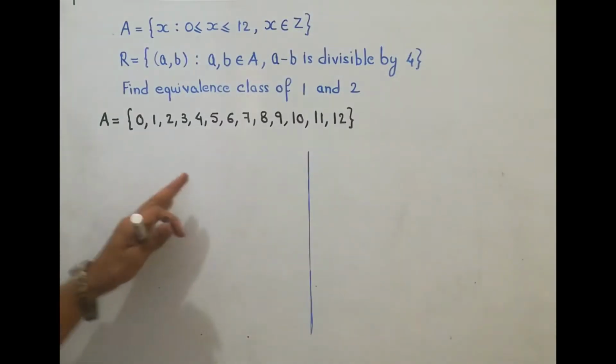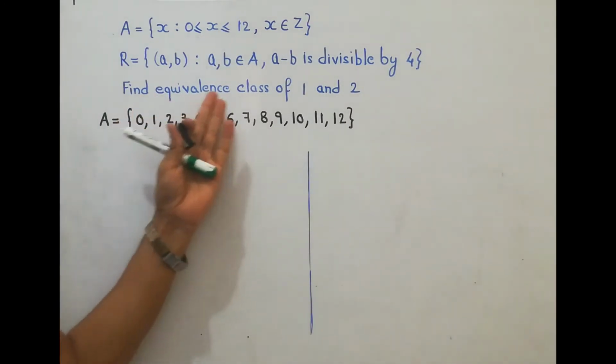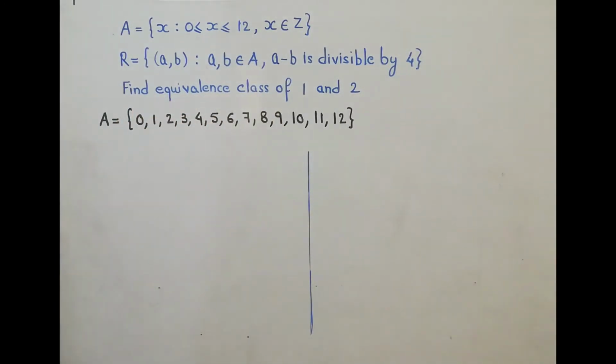Now here I will be explaining to you just how to find the equivalence class. Remember that first you need to prove the relation to be an equivalence relation and then we find the equivalence class. But here I am just taking an example where I am going to explain how to calculate the equivalence class when the relation is given in set builder form. In the previous question, the relation was given in the roster form, and here the relation given to us is in the set builder form.